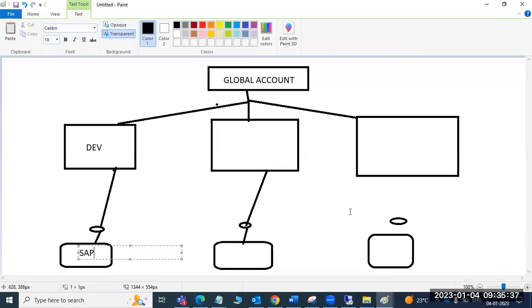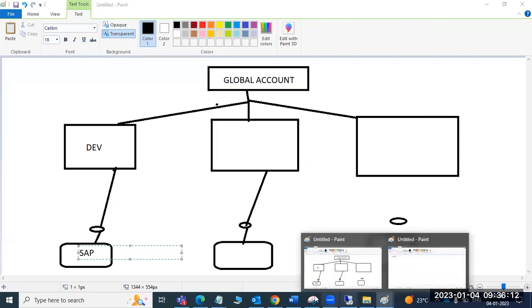The global account and sub accounts are in the SAP network environment. These all are in our network zones, either DMZ or on-premises systems, and it will talk to them. So now the point is how to create the sub account here, and how to map the sub account to our backend systems.